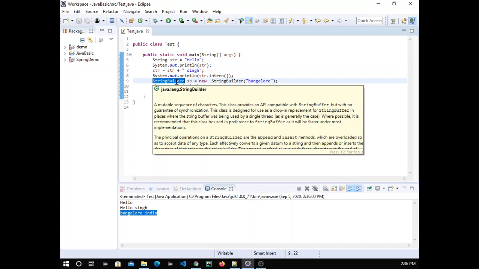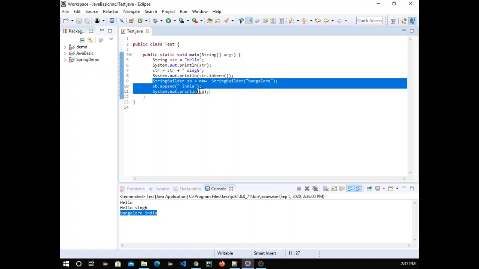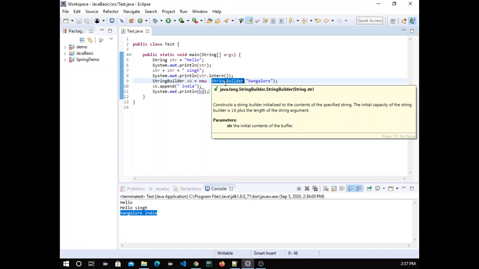But there is still one problem with a string builder. In a real-time project scenario we are not running a single thread. You might be aware of threads; the one-line definition is a lightweight process. In multi-threading we will see much more detail on this topic. A method that we have written won't be accessed by only one thread, it can be accessed by multiple threads. So there is a problem with this: if we try to access it with multiple threads, there may be trouble.